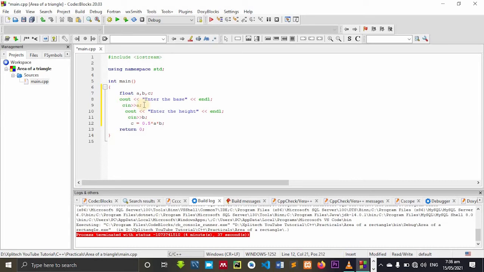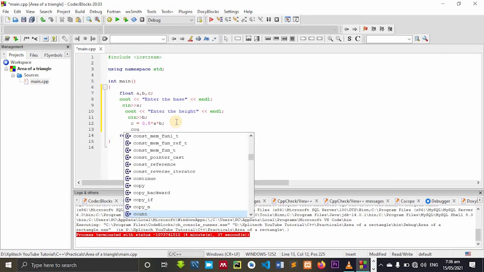If we accepted our a, that is the base. We accepted our b, that is the height, and the formula is half base times height. So the half here will be 0.5 times the base and then times the height. So let's give our results and see out